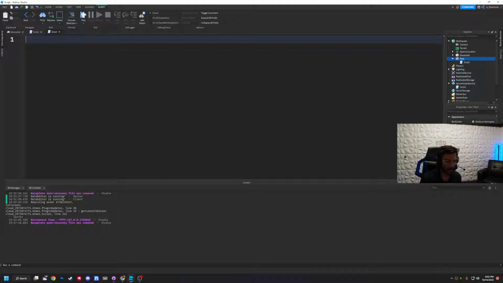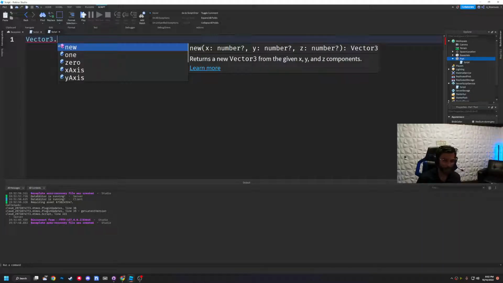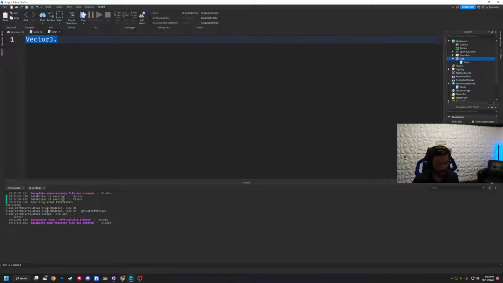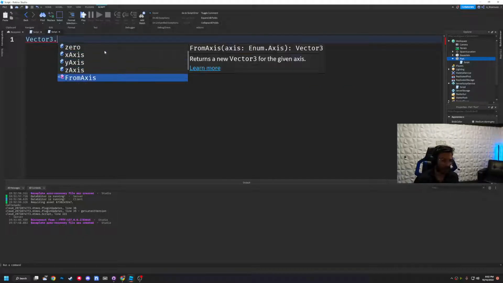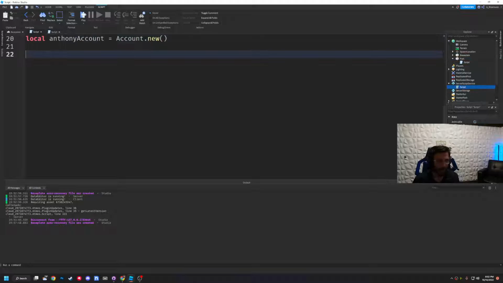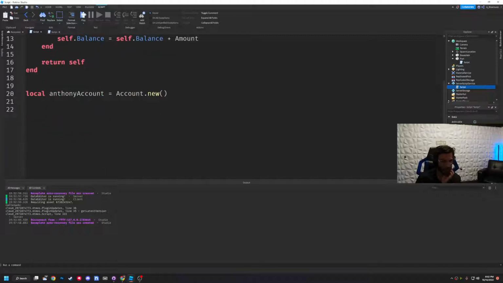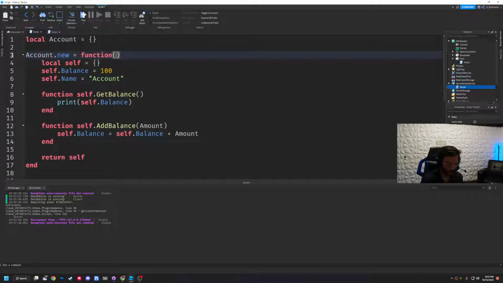But the exact same programming that I showed you guys is the same way that a lot of these classes were developed. Like Vector3.new, for example, creates a new vector and then it asks for parameters for that vector, right? And then there's also different methods that you can perform, right? So here are all the things that you can do. It's very similar to how this is formatted, right? So originally when the account's not made, it doesn't take any parameters, but you can actually change that. You can pass here initAmounts, and this should be lowercase, again using